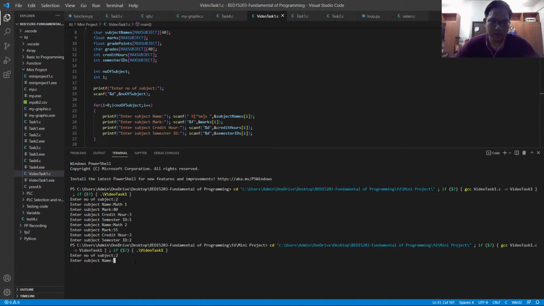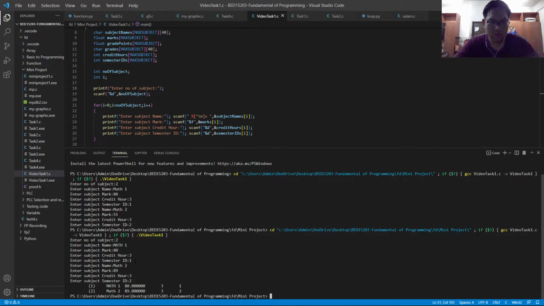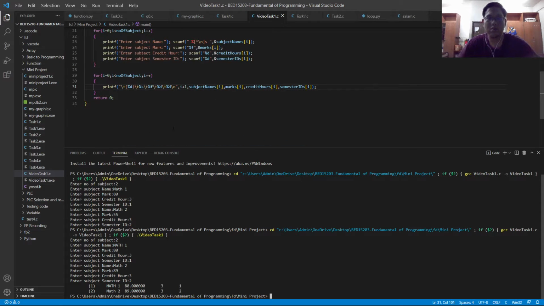Okay, so two subjects, so math 80, hour 3, math, hour 3, 2. So as you can see here, it prints out like this. So the reason why the 89.00 has so many zeros behind it is because we don't define how many